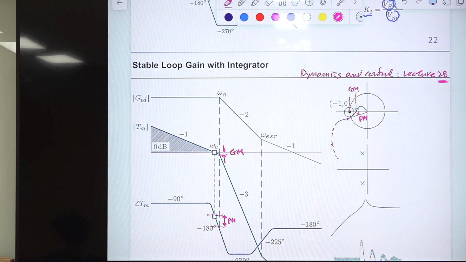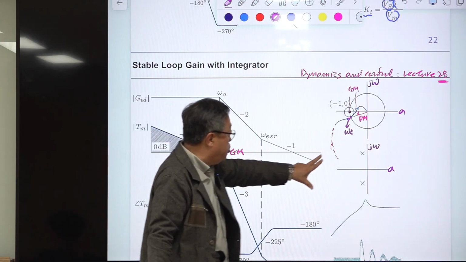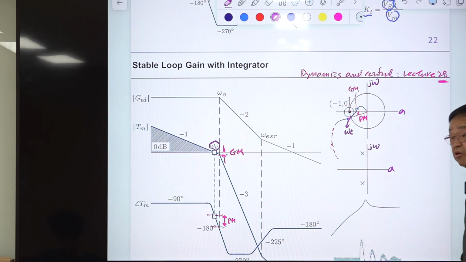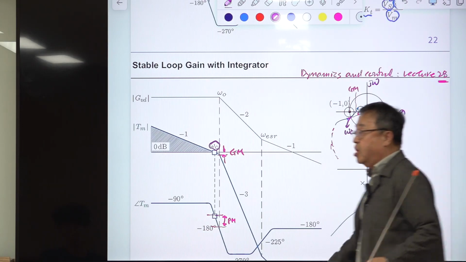This frequency is omega C. This omega C occurs many times. The loop gain crossover frequency here is omega C. Okay, and this is the sigma, s = sigma + j omega. This is the sigma and j omega here. Positive j omega. This X is a closed pole. A conjugate pair of closed poles is dangerously close to the minus real axis. That means there is some peaking of your closed-loop transfer function.